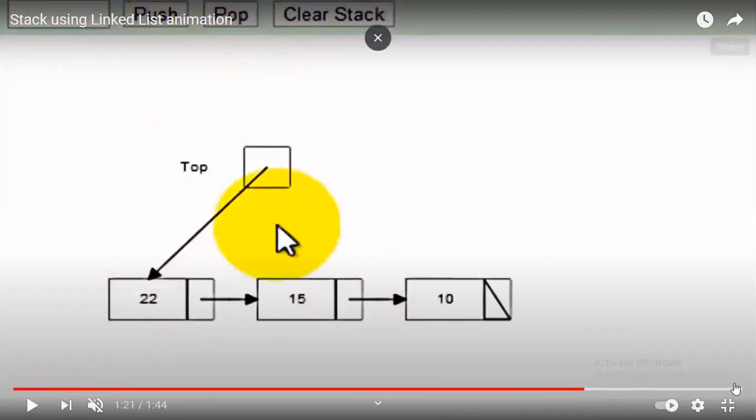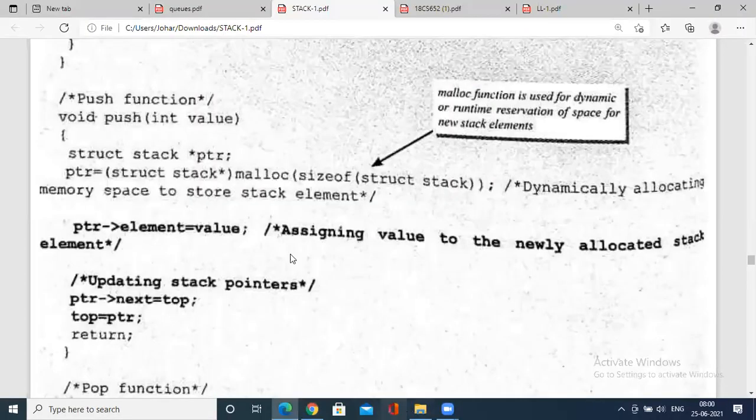When I explain with the code, all of you see, create a pointer. Why do we need a pointer? You have understood right now, right? You use a pointer, then ptr = struct stack malloc sizeof struct stack. Copy the value to the pointer's element for the first time, that is the first left compartment.